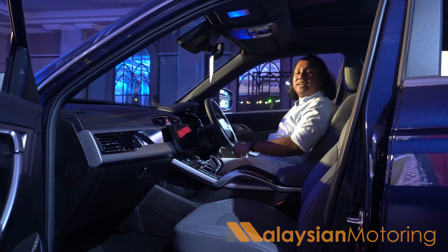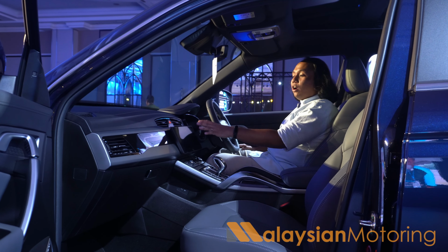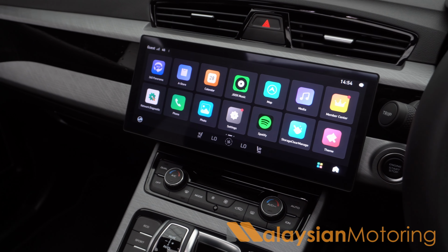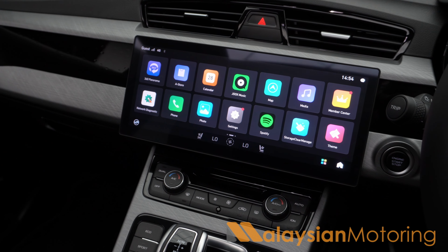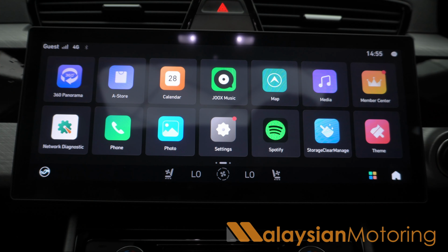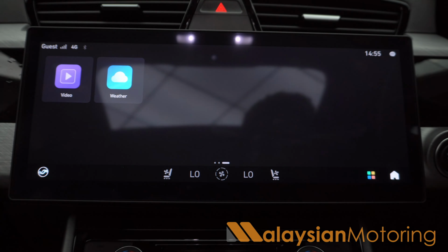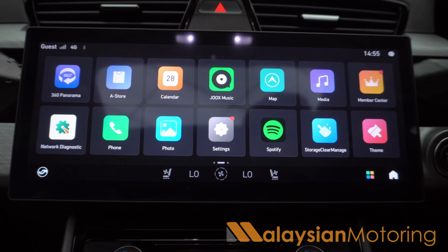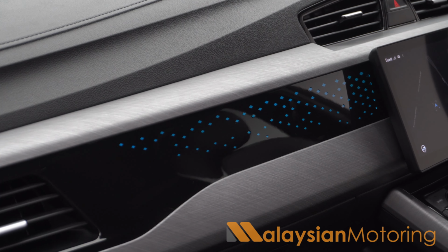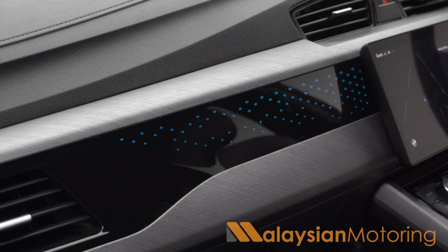Inside, the changes are dominated by a lot of technology. Gone is the built-in head unit. Now we get a 12.3-inch widescreen display with a higher resolution, better technical stuff on the back, and an updated GKUI system which not only feels sharper and smoother to use, but now comes with wireless Apple CarPlay and Android Auto, thank God. There is also 72 color ambient lighting available on the dash front as part of this